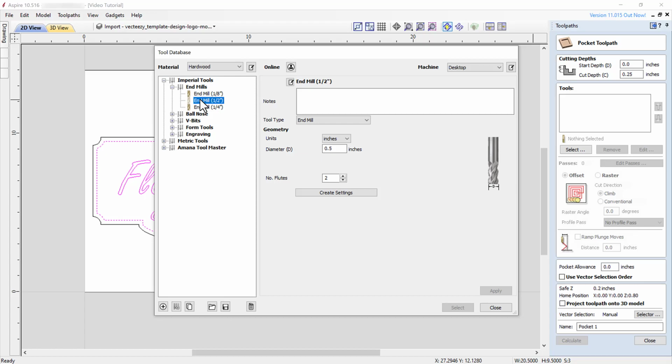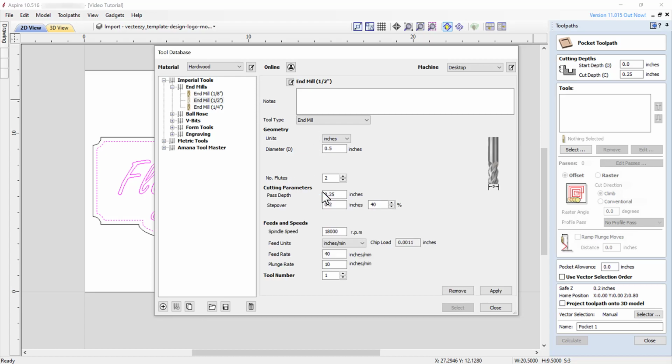We're not finished yet, however, because we have to click on the Create Settings button to input other parameters pertinent to the bit we will be using. In this particular case, we will input parameters that would be safe and appropriate for a theoretical machine. The geometry section is already appropriately filled in, so let's move on to the cutting parameters section.